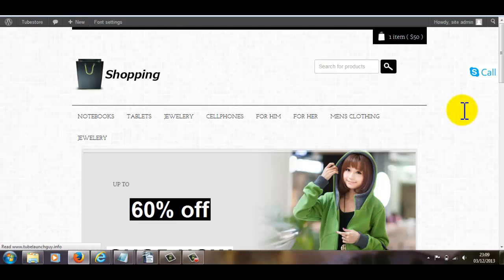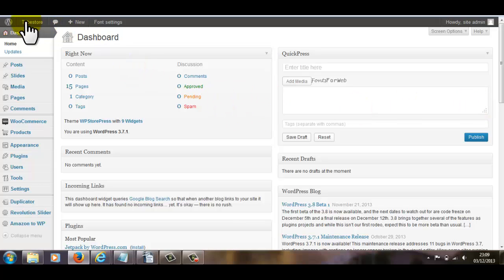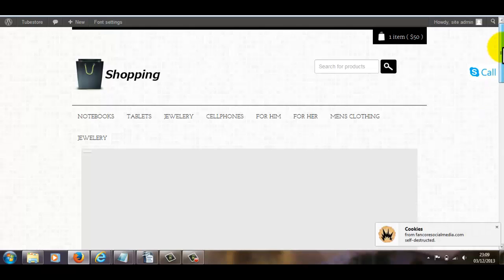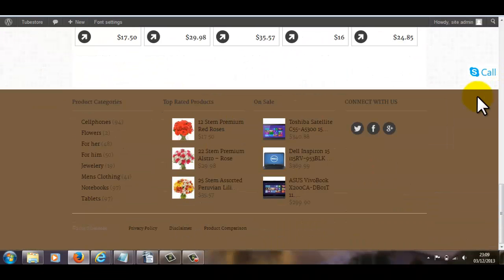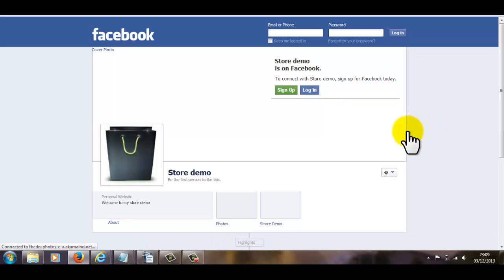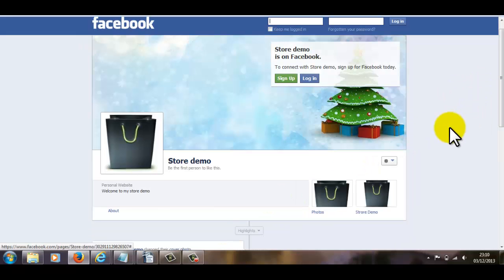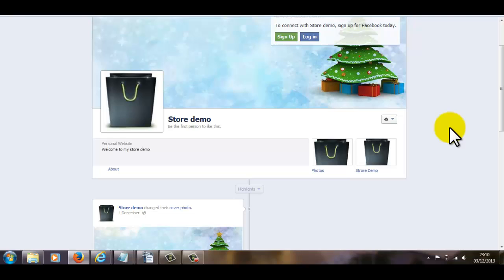If you want the site set up on Facebook, and you want a free solution, so your store shows up on Facebook, I'll show you what that looks like. So I've set up a store demo on Facebook. Now this site hasn't got an SSL certificate, right? And so it's using a solution to kind of bypass that. If you just click on store demo,